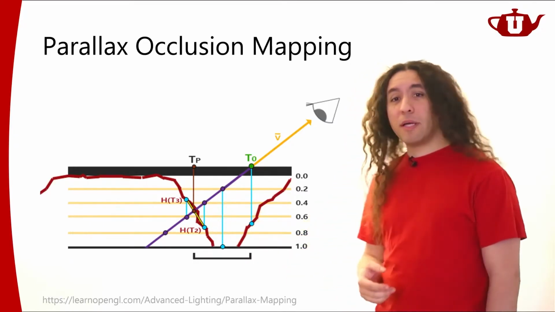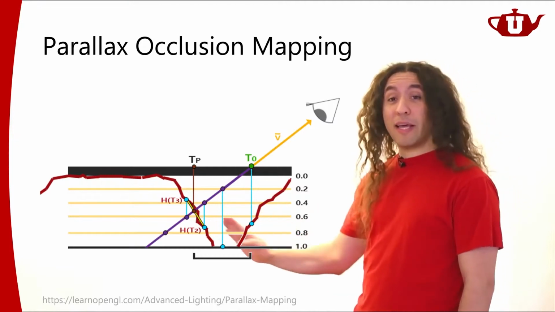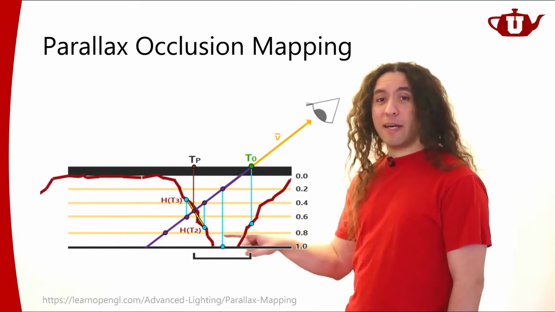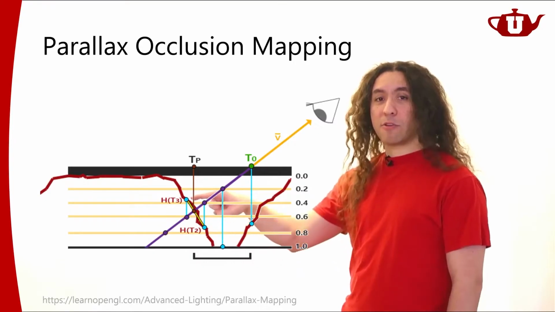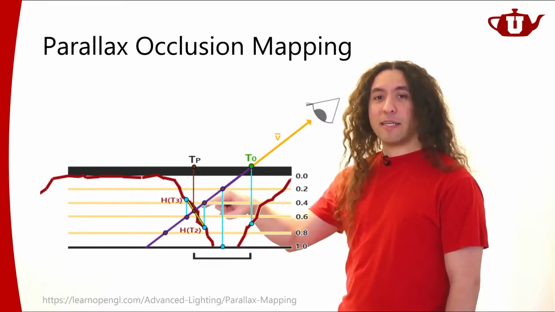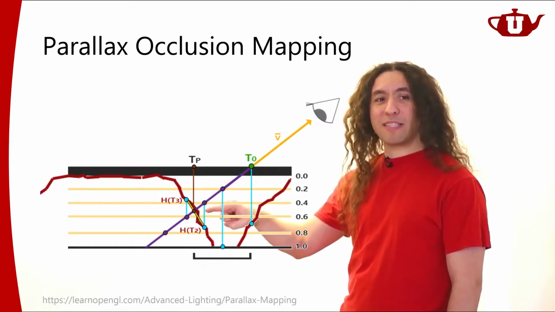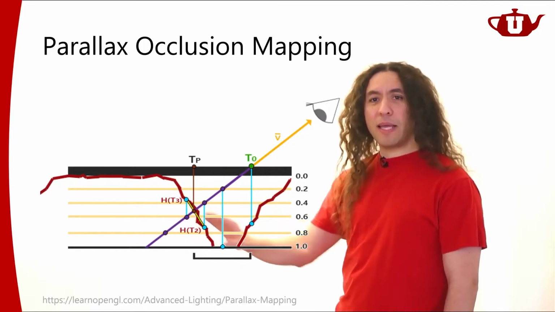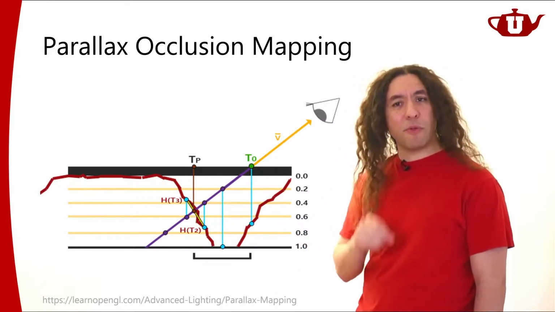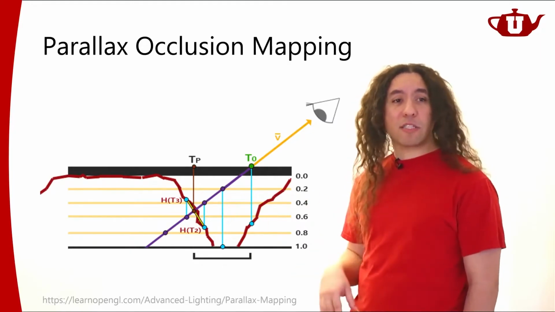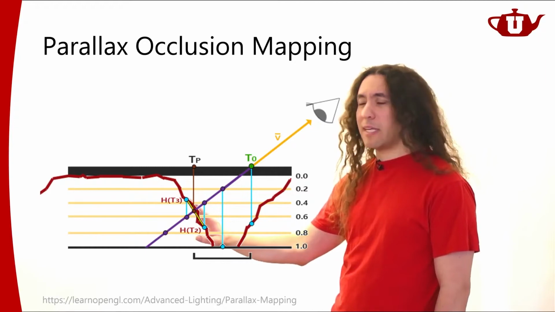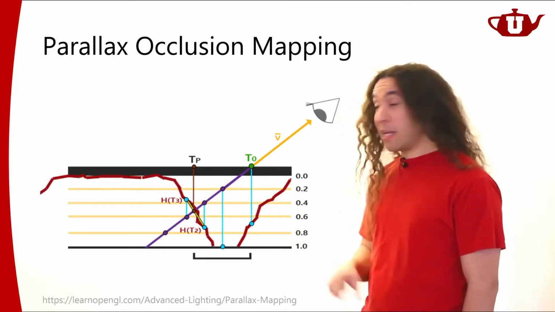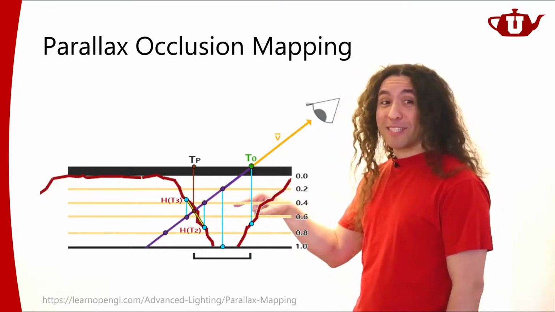So what I'm going to do is assume that this part is flat. If it was flat, I have this correct surface point and that correct surface point. I can approximate the hit point, the intersection in between, by treating this as a flat surface in between. So it's not that much more expensive. It's just a little more compute. You add no additional texture reads, just a little more compute. You find the intersection with this plane, and you use that point as your approximation. And as you can see, it's a much closer approximation, right?